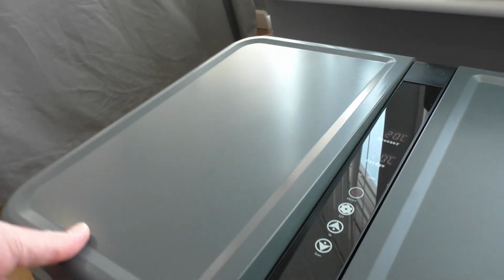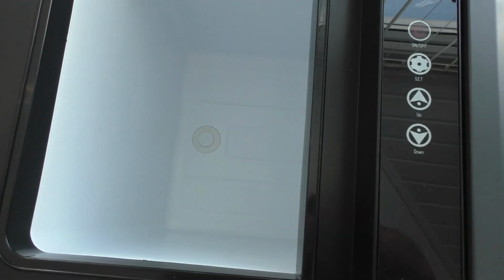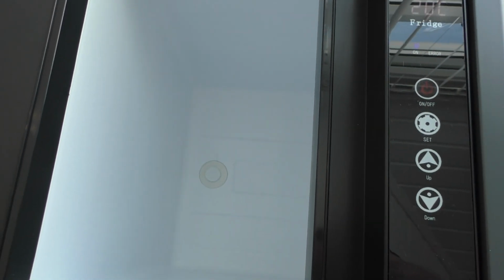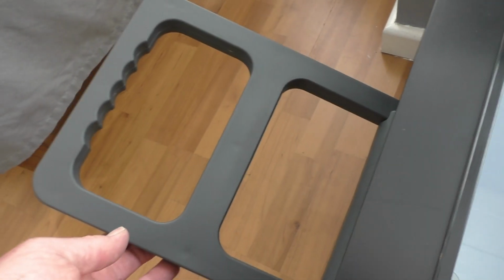And I am filming in the conservatory, which is extremely warm in here, so that may affect some of the power as it works to try and combat the temperatures within the conservatory. This is the fridge section, which has a drain hole in the bottom also. We also have a handle to pull along,